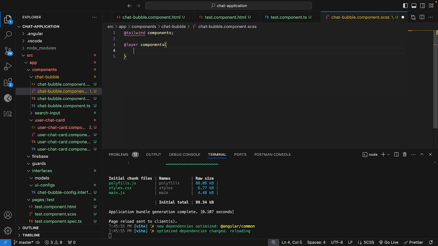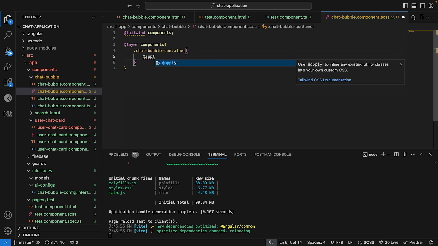So this is how you actually utilize Tailwind CSS in your actual SCSS class, right? So now you're gonna use this chat bubble container,